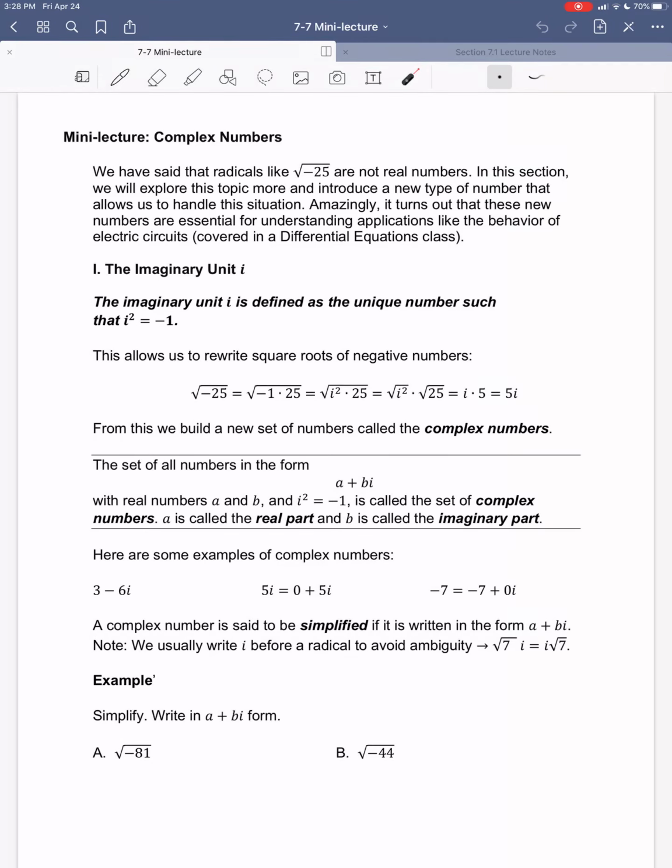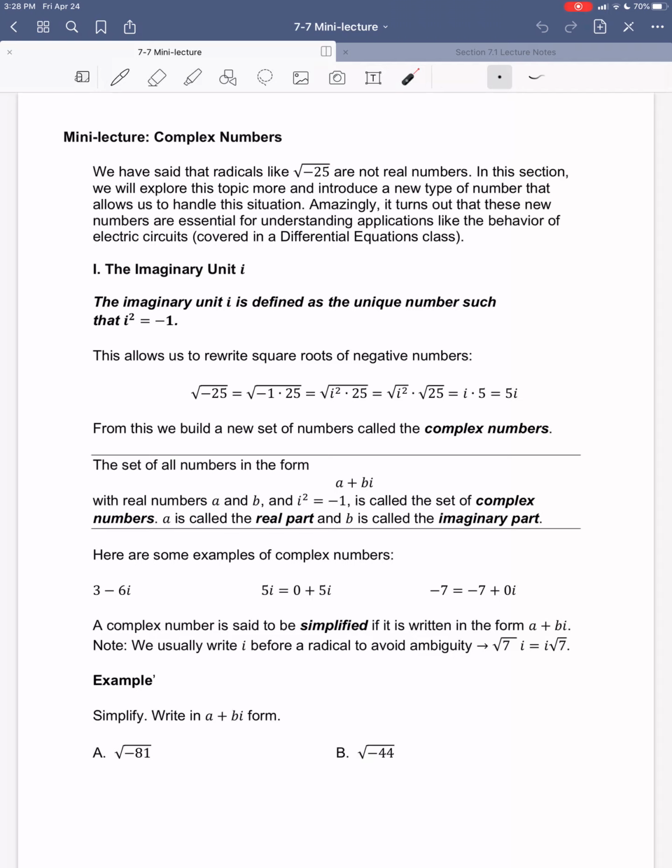In this mini lecture, I'm going to talk about complex numbers, what they are, what they're used for. We've said before that radicals like the square root of negative 25 are not real numbers. That's because for the square root, I have to have something times itself that equals the inside. And something times itself equaling a negative is a problem because positive times positive is positive and negative times negative is also positive. So to get a negative, I have to have a positive number times a negative number, and